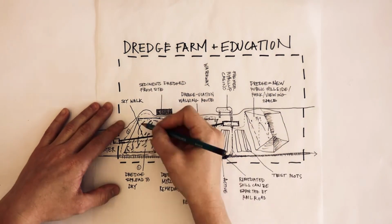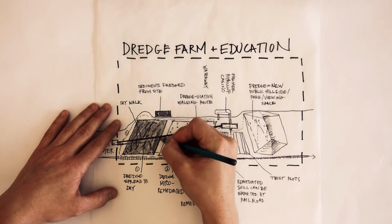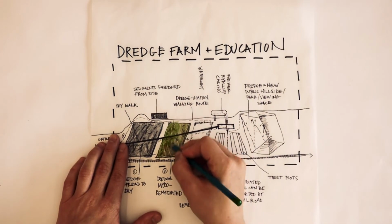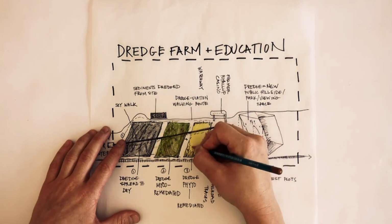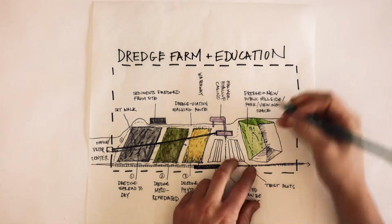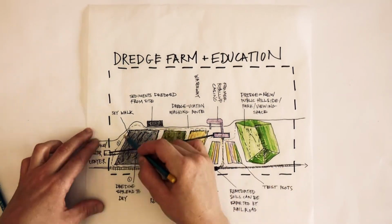Dredge dropped off by flat barges moves through a series of processing stages. Microtopography helps the sediments dry. Cattails and reeds perform rhizofiltration to help stabilize pollutants. Willows and poplars phytoremediate the dredge by degrading diesel and other industrial byproducts like PAHs. Mustard and miscanthus phytoextract inorganic industrial pollutants like palladium. Certain metals like copper can be phytomined, and then the plant material can be incinerated to